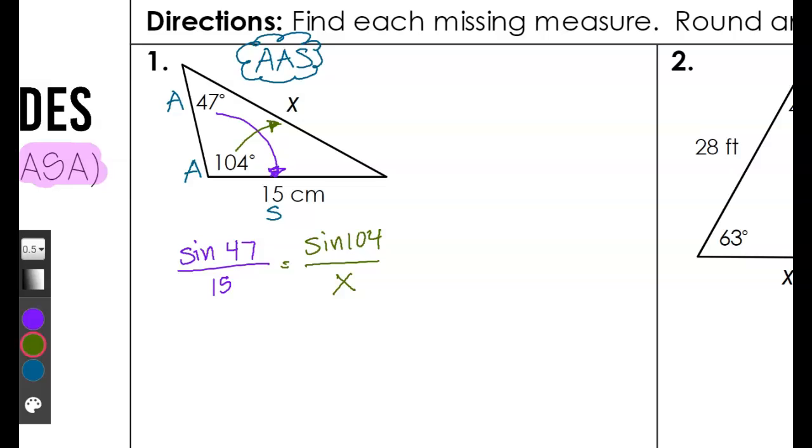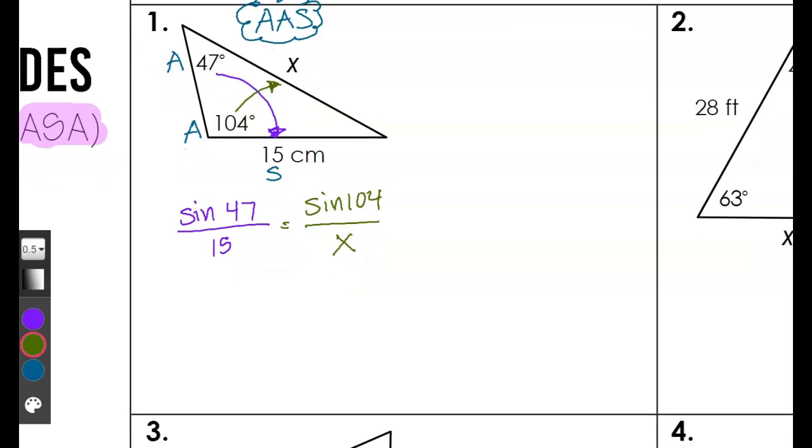How do we solve for x? Yes, cross multiply. The reason you can cross multiply here is because you have a fraction or ratio set equal to another fraction or ratio. If there hadn't been an equal sign between these two fractions, you could not cross multiply. The equal sign is telling you you can cross multiply. Here, I'm going to show you the exact cross multiplication steps. However, on future problems, I'm not going to write it out because it's not needed. So let's do it. Cross multiply here, and you get 15